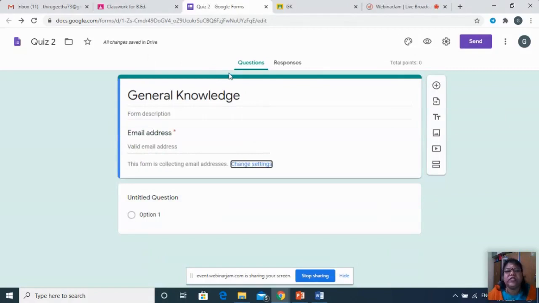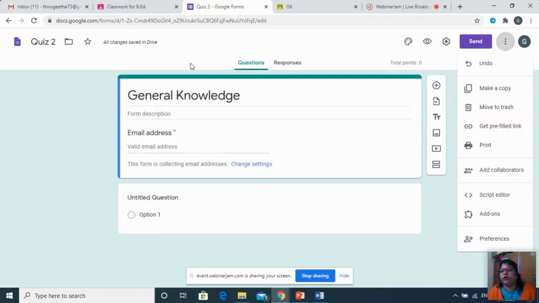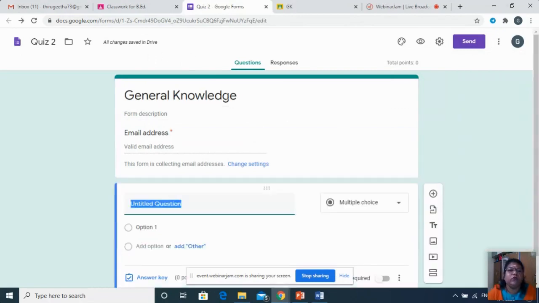Okay, so before starting a quiz, you are supposed to do these 3 things. This is optional whether you have to change the color or not. So preview, after completing, you can see the preview, and the settings is very, very important. If you want to send to any of your friends, you can send it. And this one is you can explore on your own. So this is undo, make a copy, move to trash, delink. So these things you can explore on your own later on. Okay. Now we'll move on to the